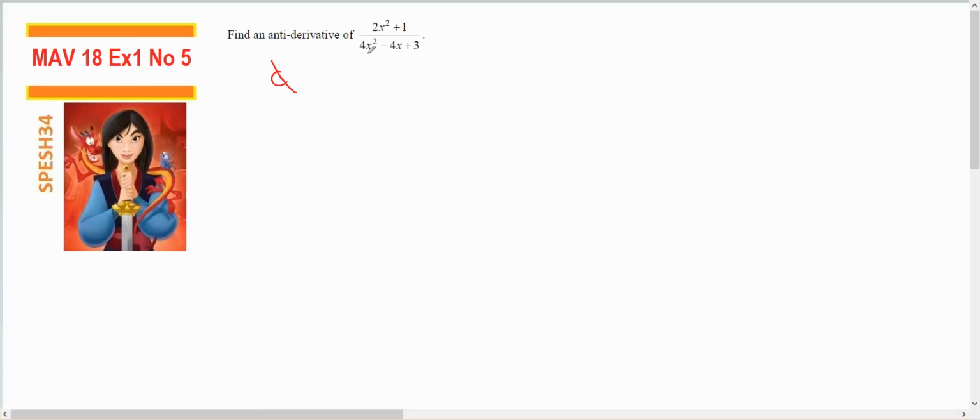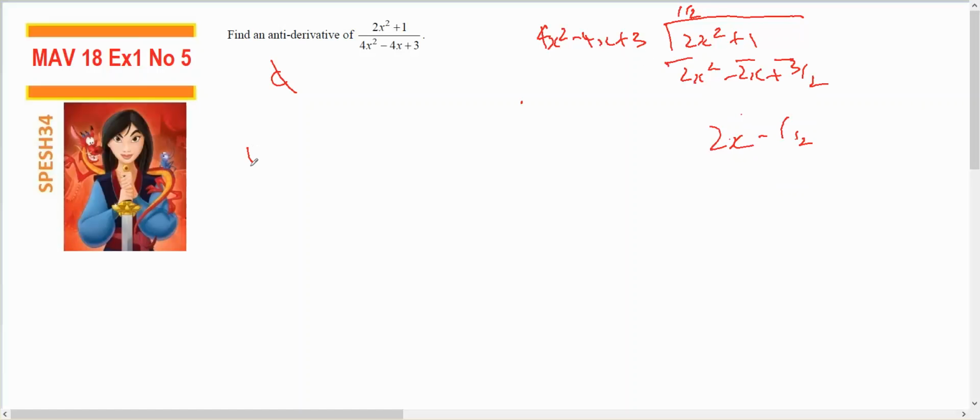Okay, I've got a quadratic divided by a quadratic. So, I can't set up a situation where the derivative of the bottom is at the top. Therefore, I'm going to do a polynomial division. So 4x squared minus 4x plus 3 goes into 2x squared plus 1. 4 goes into 2 1/2, equal 1/2, plus 2x minus 1/2, all on top of 4x squared minus 4x plus